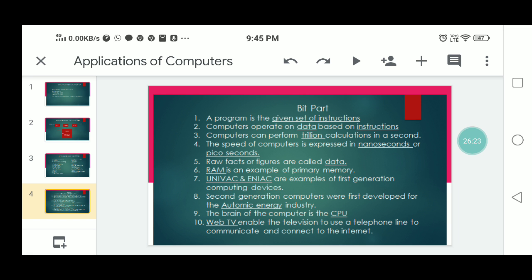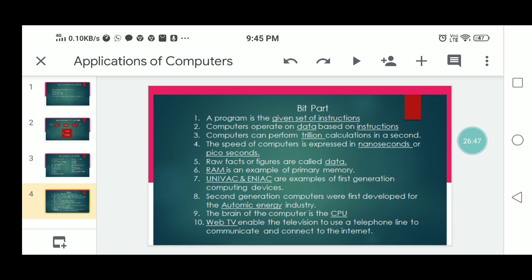First one: a program is a dash. That means a given set of instructions. Computers operate on dash based on dash. Computers operate on data based on instructions. Computers can perform how many calculations in a second?